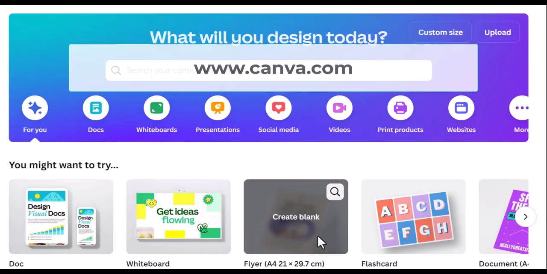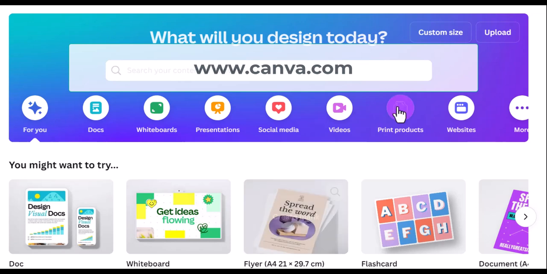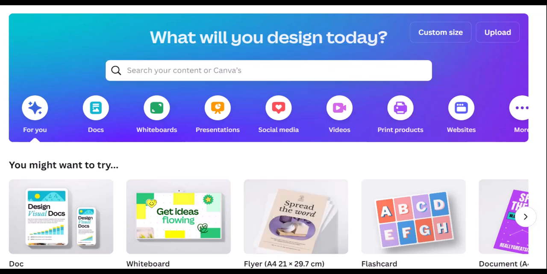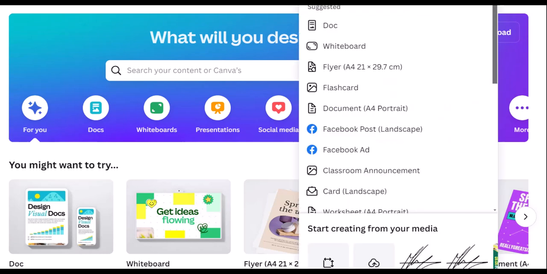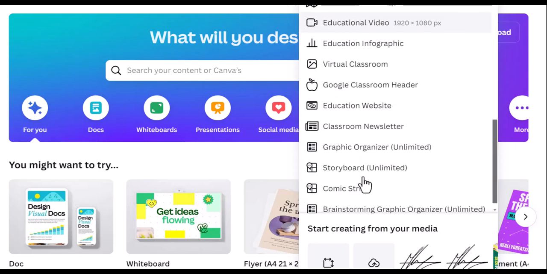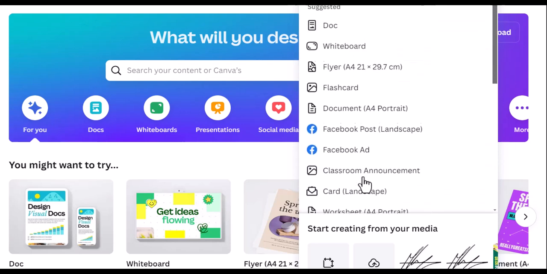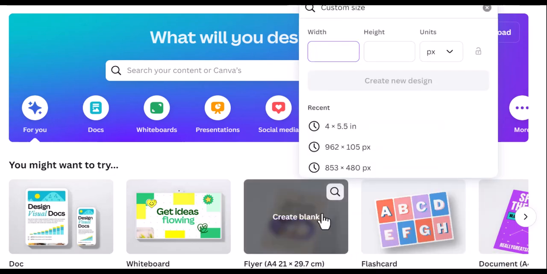Open our browser and type www.canva.com in the address bar. Log in or sign up and you'll get to this page. You'll click on Custom Size. The options are available for the different sizes. However, we're going to select the icon at the bottom with the arrows surrounding the square.